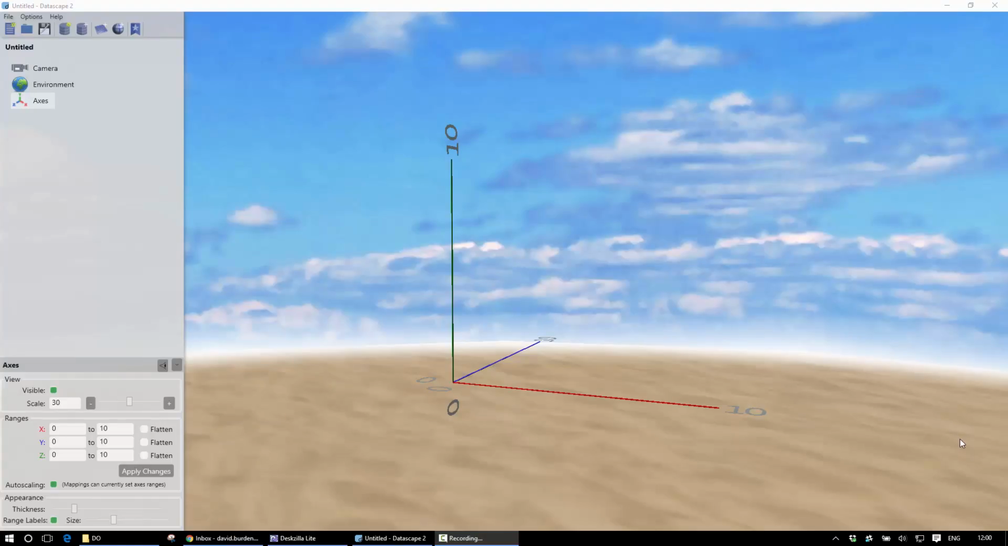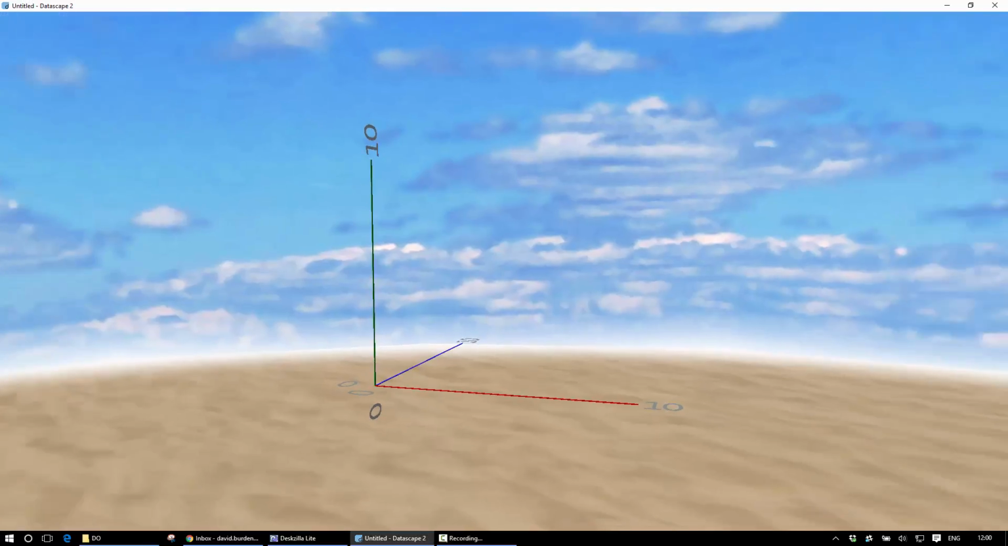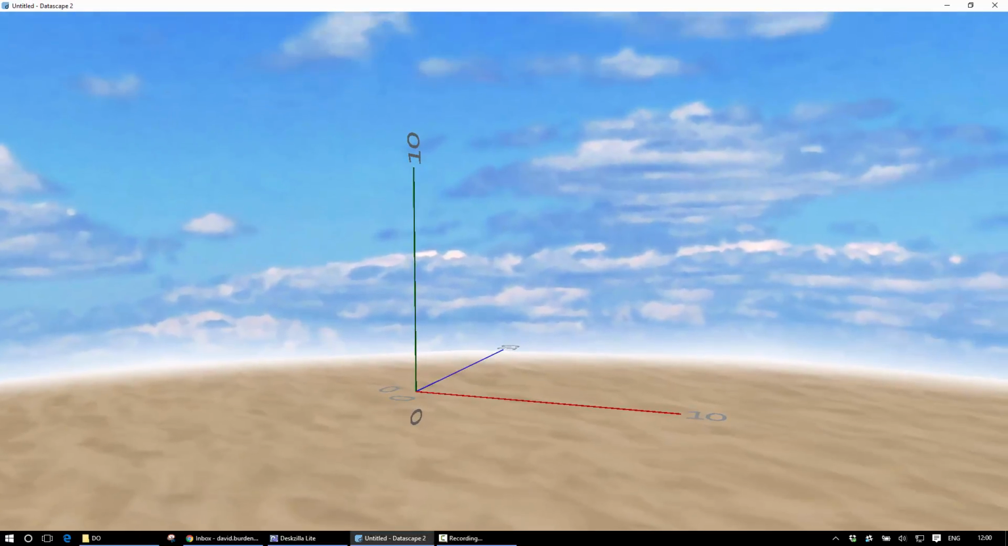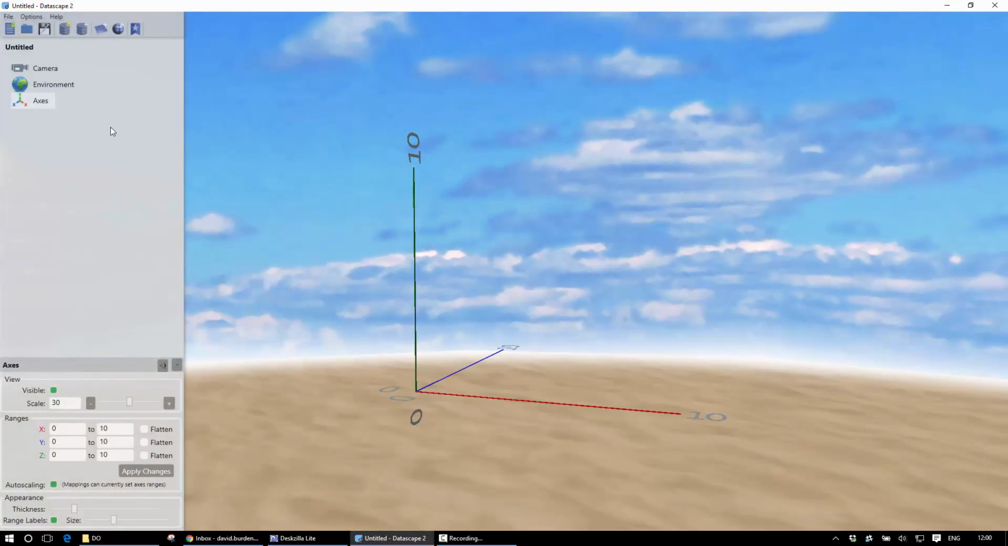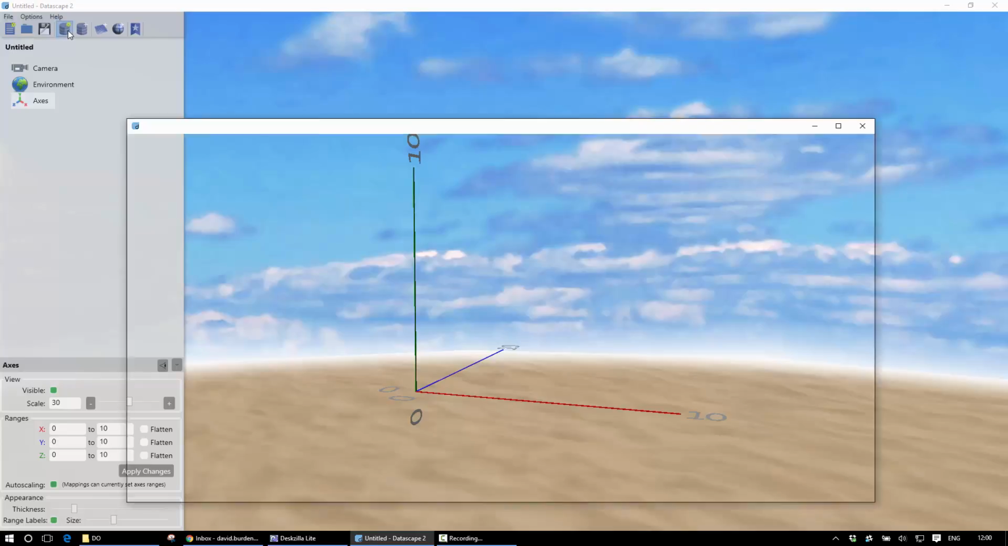In this tutorial we're going to show you how to load data into Datascape and create your first 3D visualization. I've started off with an empty workspace and I can look all around it, and on the left hand side I have the main menu and the command panels. So the first thing I want to do is bring in my data, so I go to add new data